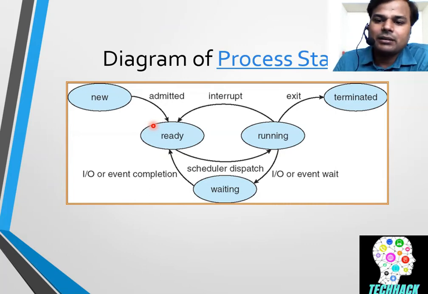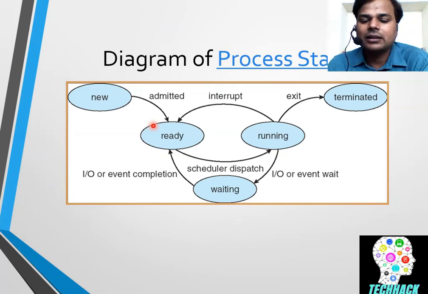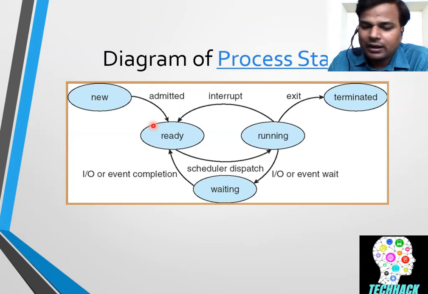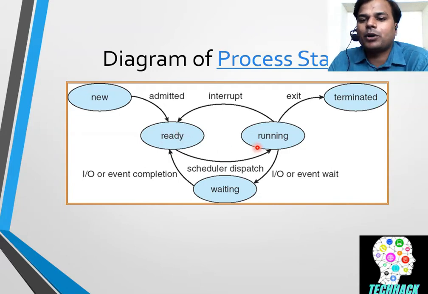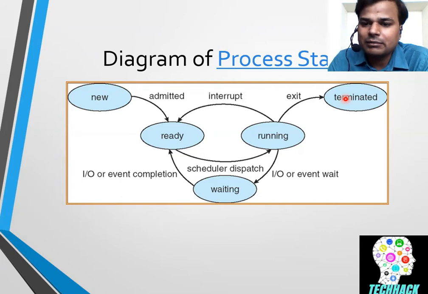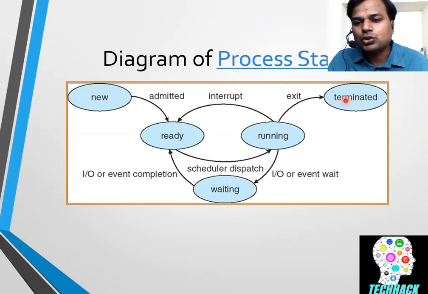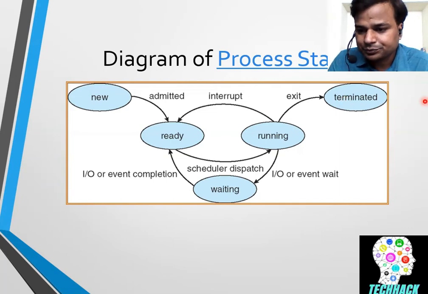The second case can be when the process was in the running state and some input output event wait occurs, then the process will move to the waiting queue, and after the waiting queue it will move to the ready queue, and then the ready queue will dispatch it again to the CPU to work. When the process is done with the task, it will exit the system and it will be moved to the terminated state. Guys, I would like to show you the demonstration of this.